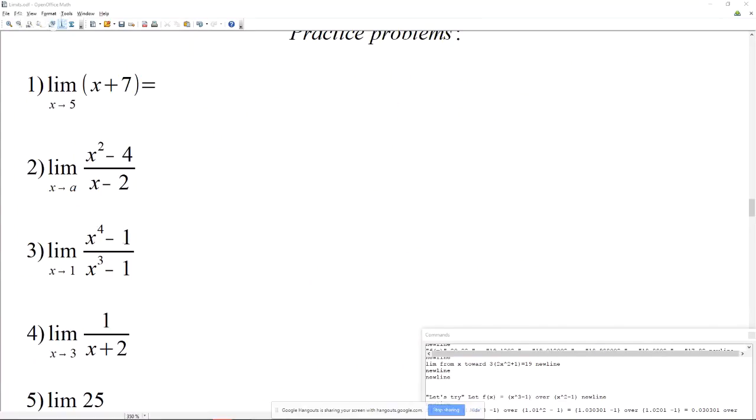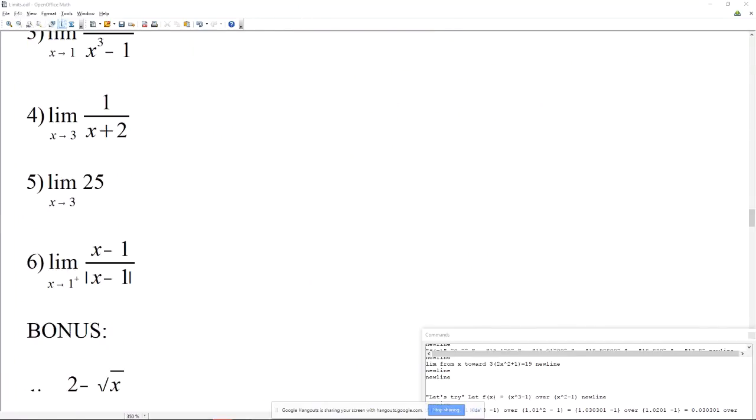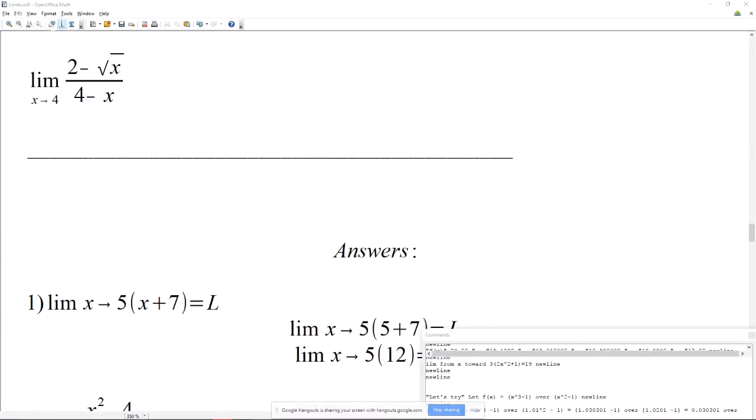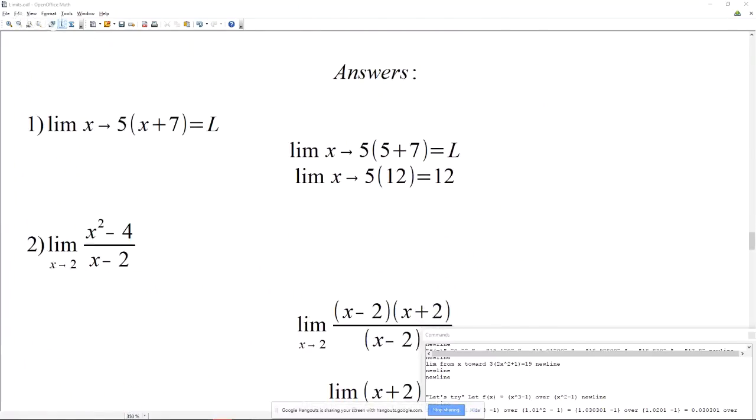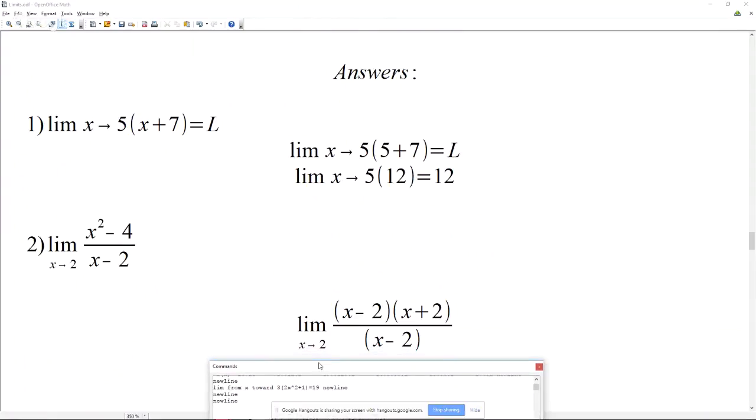But yeah, the x minus 2 cancels out, and you're left with x plus 2. Similar thing for number 3. All right, so let's look at what you did there. We're going to go the way I already did all the answers. I'm going to put this under here so you can't read ahead. Okay, so